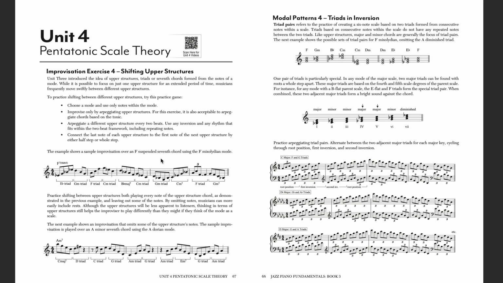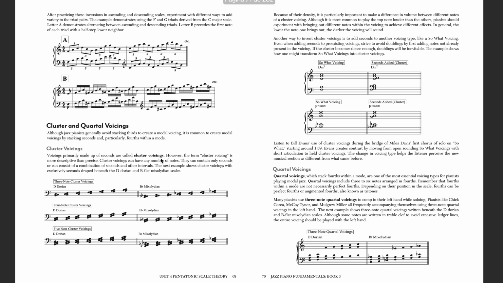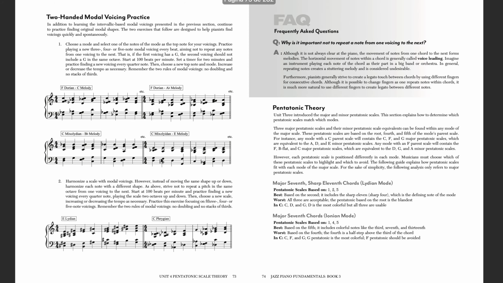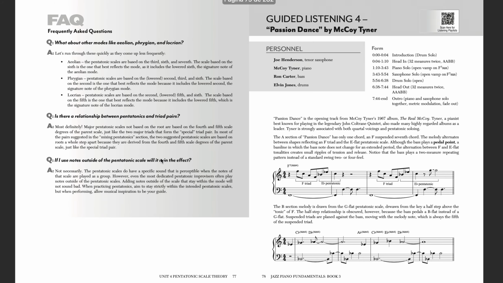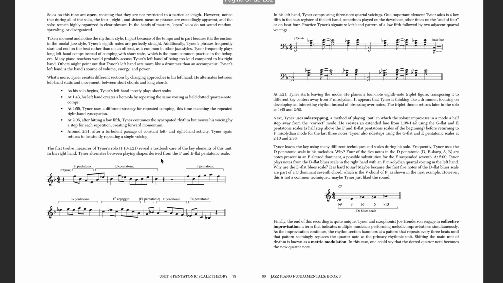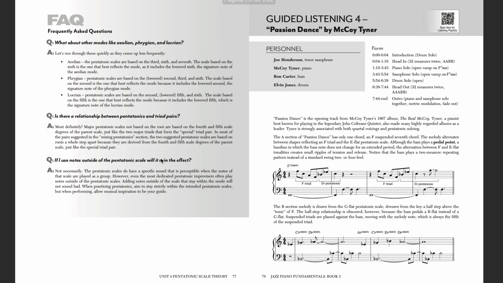The pentatonic scale is definitely, I would say it's one of the main characters of this book. I would say it's one of the main characters of the modal jazz style of modern jazz. And so we talk a lot about pentatonics, a lot about upper structures, cluster and chordal voicings, pentatonic theory, how to mix between different pentatonic scales, guided listening of McCoy Tyner on Passion Dance,